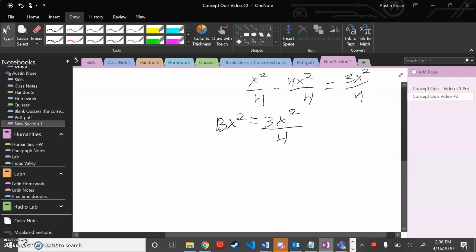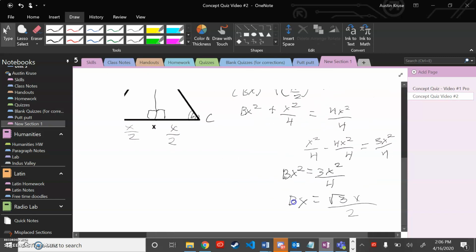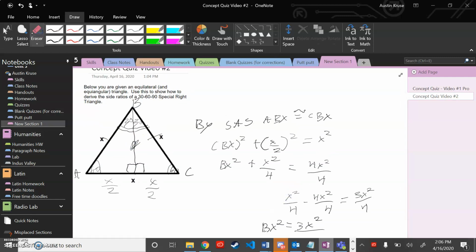What you're supposed to do apparently is that BX would equal the square root of 3 times x, over 2, because x squared's principal root is x, and apparently the principal root of 4 is 2, and then voila, you solved for this side, and you have now proven